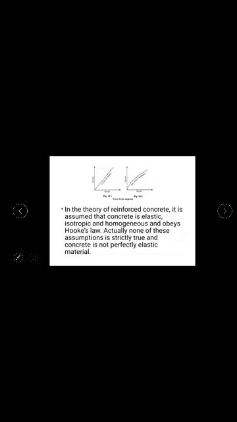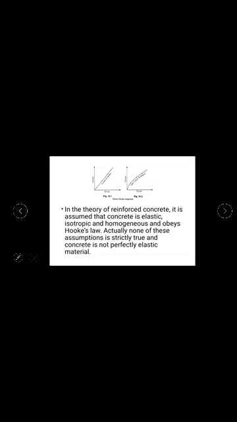Thus the deformation behavior of concrete is quite complex. Only when you know the deformation behavior of a material can you plot the stress strain curve, and only after finding the stress strain curve of a material can you find the Young's modulus of that material. Young's modulus talks about the elastic property of a material, and the elastic property has a very important role in considering that member for design, or as a structural member.